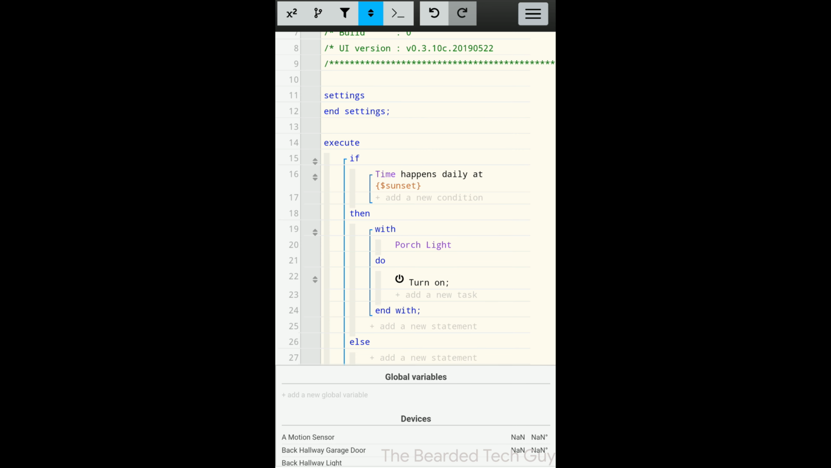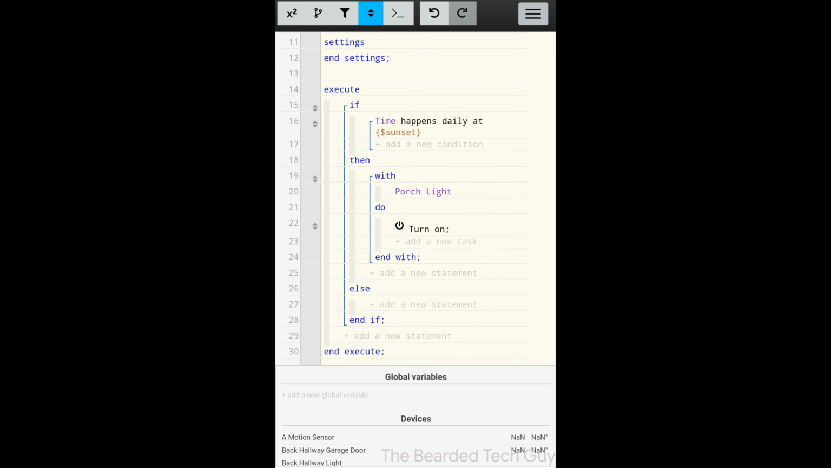We now have our first if statement in this piston, and that is to turn the light on every day at the time of the local sunset for that day. Now let's move on to the second if statement, and that will be to turn the light off at 11 p.m. every day. To do this, scroll down in the piston editor and click on Add a New Statement underneath